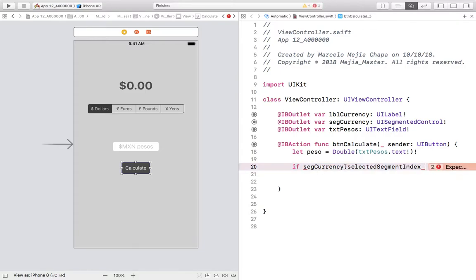So what we're referencing here is the name and then the property. The property is the selected segment index. If that is equal to, and when we're looking at arrays, well, we're looking at a segmented index. The first index is going to be 0, then 1, then 2, and so on. So the first one, dollars, would be 0. If the user clicked dollars, which is 0, then we're going to open our brackets,